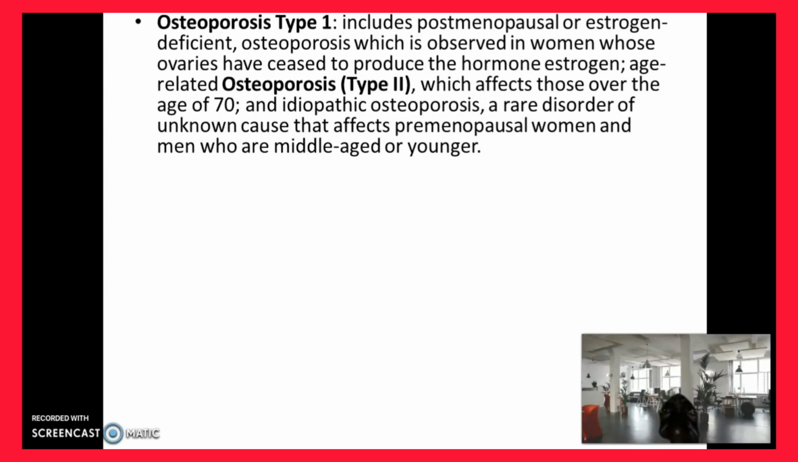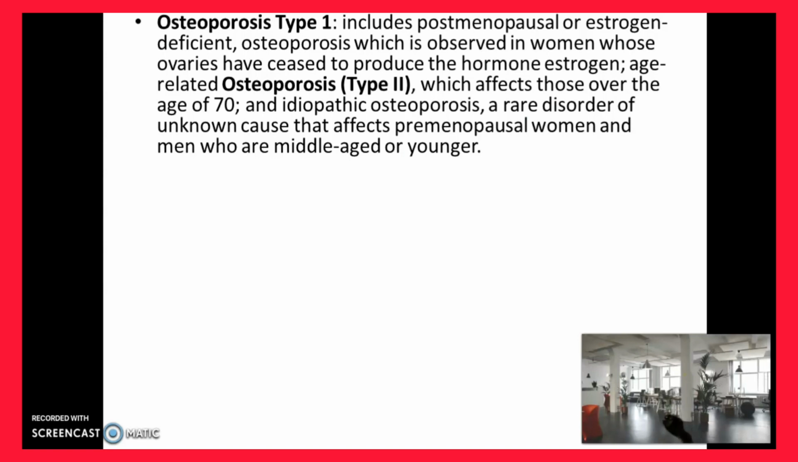The causes are listed. Osteoporosis type 1 includes postmenopausal or estrogen deficient women. Osteoporosis, which is observed in women whose ovaries have ceased to produce the hormone estrogen. The age-related osteoporosis is the type 2 type, which affects those over the age of 70. And idiopathic osteoporosis is a rare disorder of unknown cause that affects premenopausal women and men who are middle age